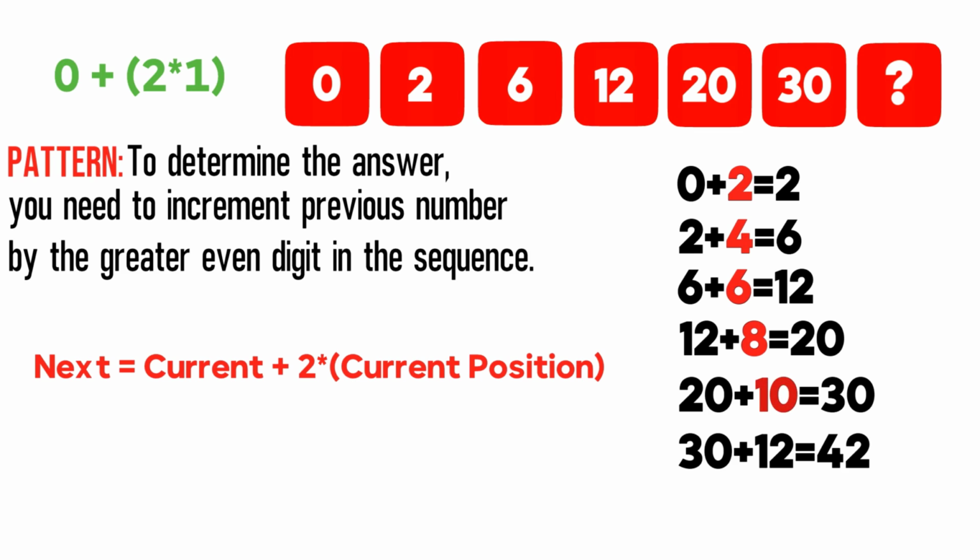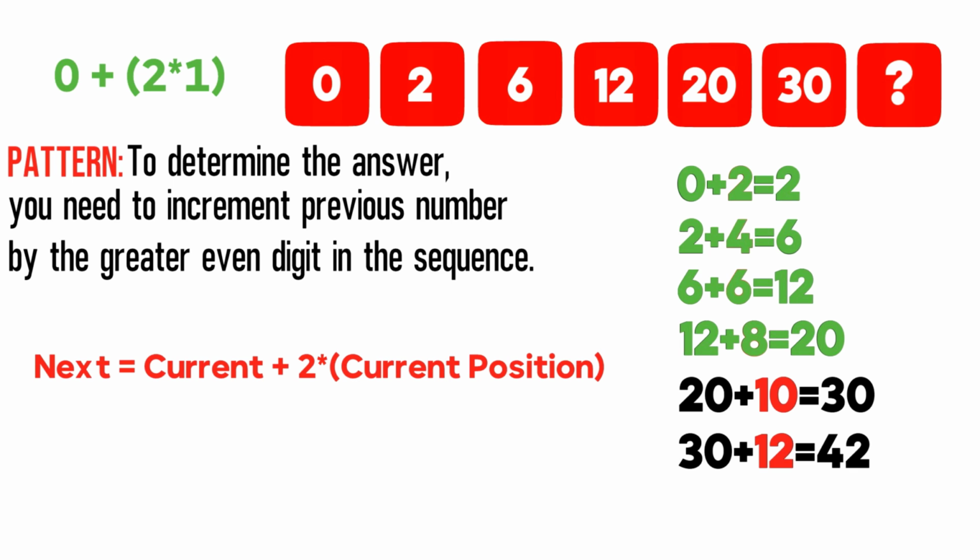The even numbers are 2, 4, 6, and you can increment them down the list. So you can add 2 to 0, the next one would be 4, 2 plus 4 equals 6, the next number would be 6, 6 plus 6 is 12, the next number would be 8, and 12 plus 8 equals